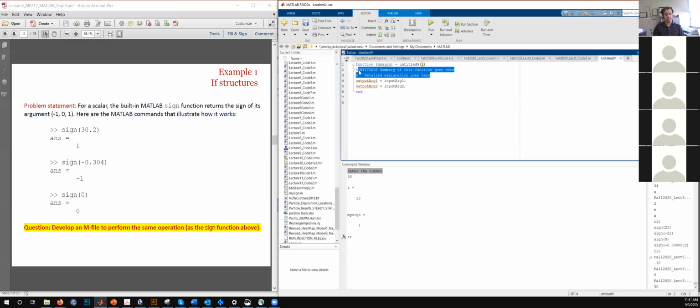So here we are trying to replicate the functions of the inbuilt sine function. Okay, so we need to name it accordingly as well. So let's name it fall 2020 code 4. 5 code 4. Okay, so all good. So we carry out the calculations over here. So let's just copy the calculations from here.